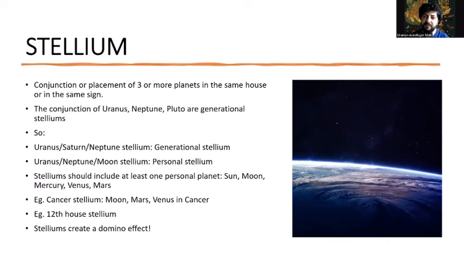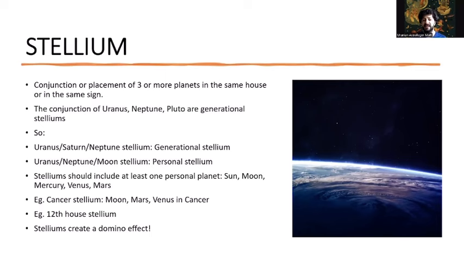So the generational stelliums are effective for the whole generation. For example, my generation, I was born in 1990. We have Uranus, Saturn, Neptune in Capricorn. So this is our generation. But if someone has Sun in Capricorn, they will have this Capricorn stellium. Okay. So yeah, it can be a Cancer stellium,